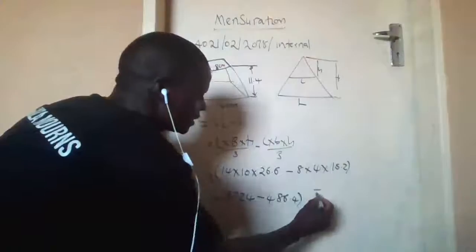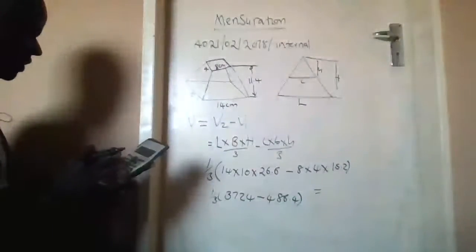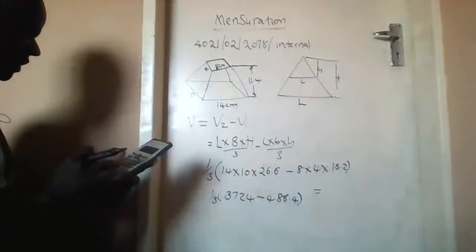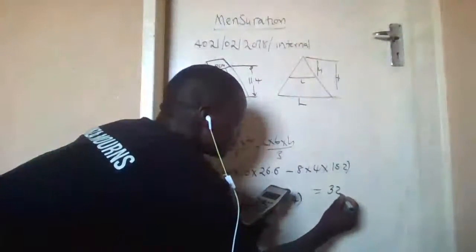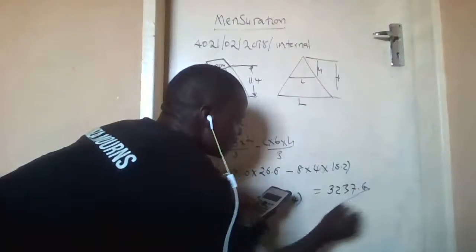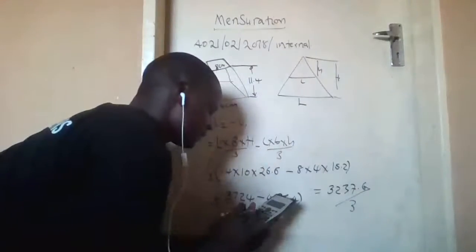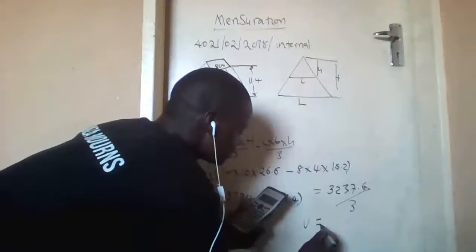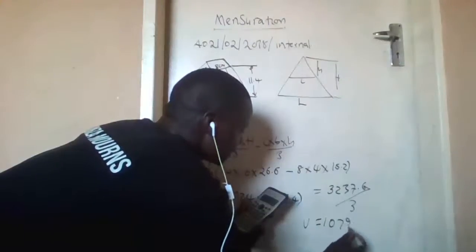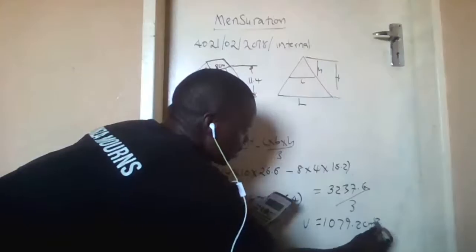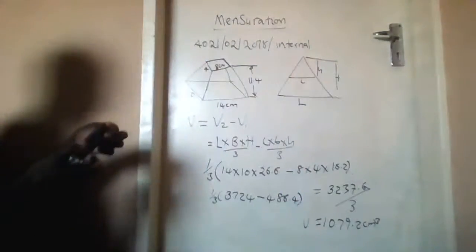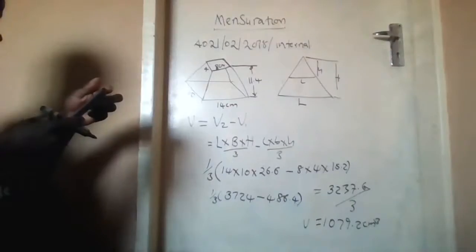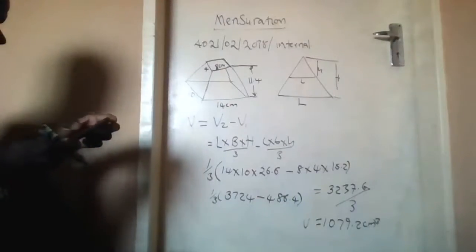When we subtract this, we have 3724 minus 486.4, which gives 3237.6, then divide by 3. So you can see that the volume is equal to 1079.2 centimeters cubed. So that is how we can find the volume of the